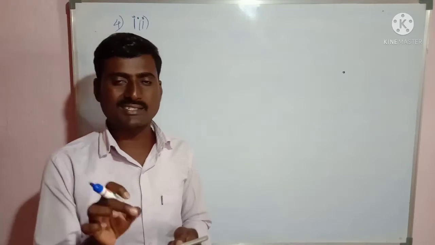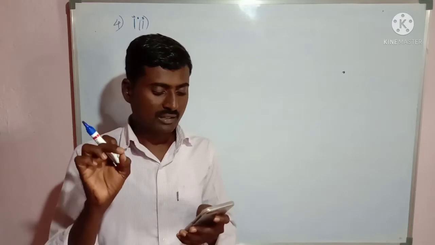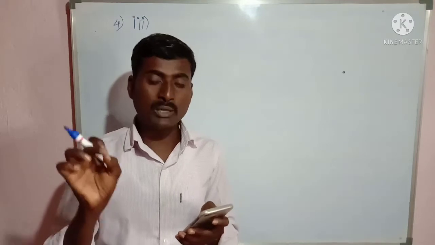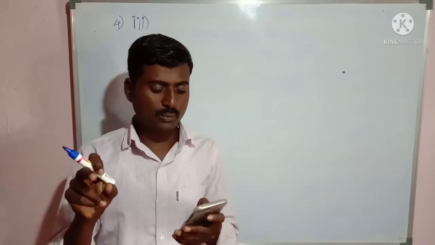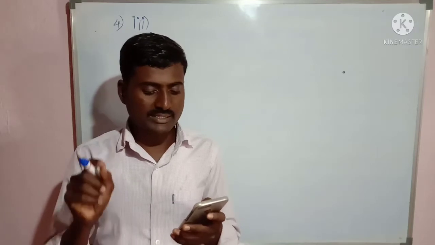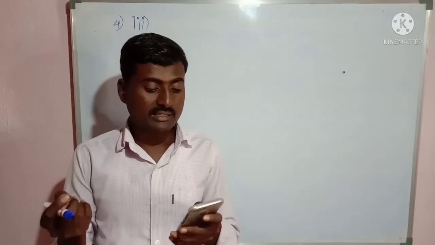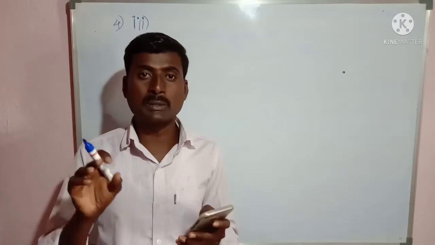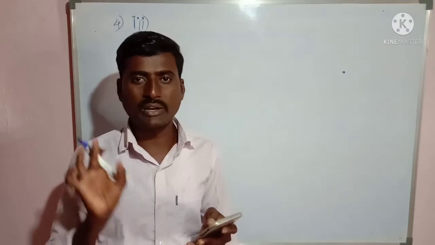They have conducted a test. In that test, the first statement: so the condition is what? 3 marks will be there for each correct answer, and 1 mark deduction is there for each wrong answer. In that one, he got 40 marks. Similarly, one more condition they gave: for each correct answer, there will be 4 marks, and for each incorrect answer there will be 2 marks deduction. In that test he got 50 marks. Then they ask you to find how many questions are there. We have to find it.